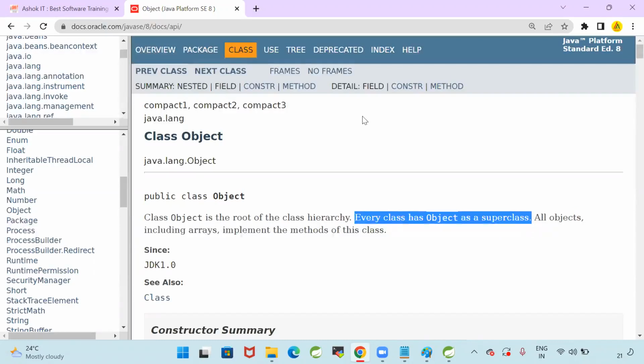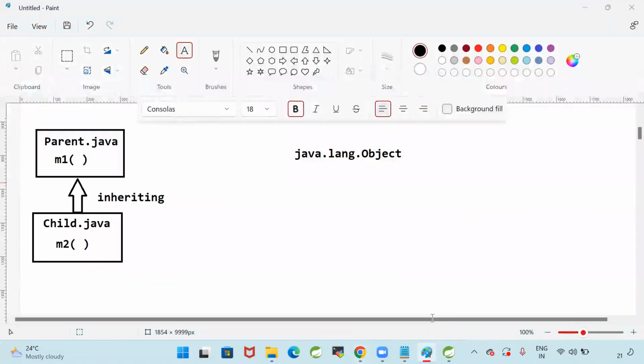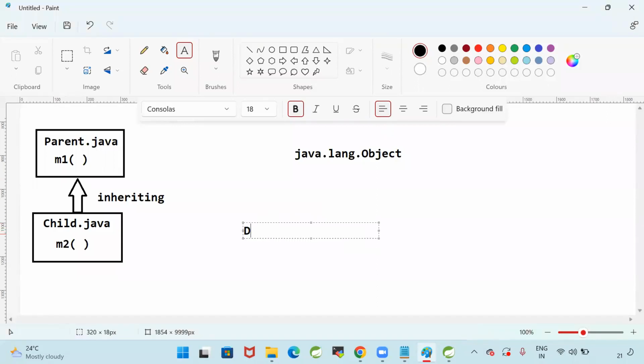Guys, in Java there is a predefined class with a name called java.lang.Object. Now, if you create a class with a name called Demo, if you create a class with a name called User, or if you create a